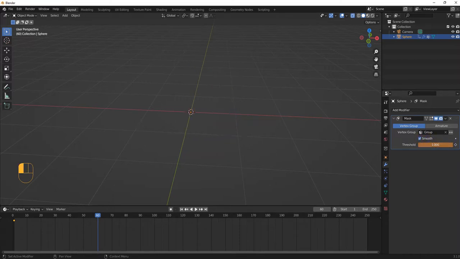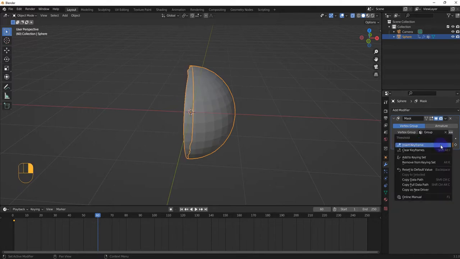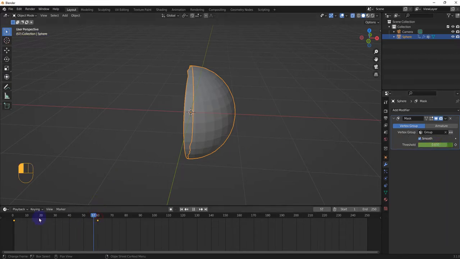Maybe make it smooth. Oh, I guess it's not much. Okay. Like that, it'll just cause that to happen. Then insert keyframe, and then